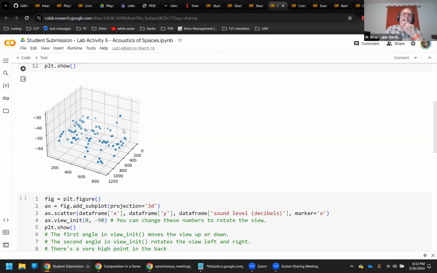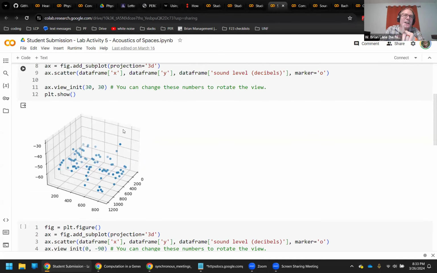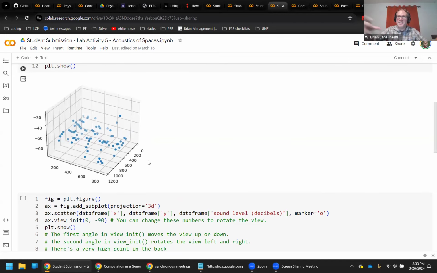In order to get these locations, we actually used the seats in the auditorium because it formed a nice pre-existing grid. So rather than measure everybody's position, we just counted which seat they were in and which row they were in. And then we took the size of a seat and turned that into a grid. It was pretty great there.